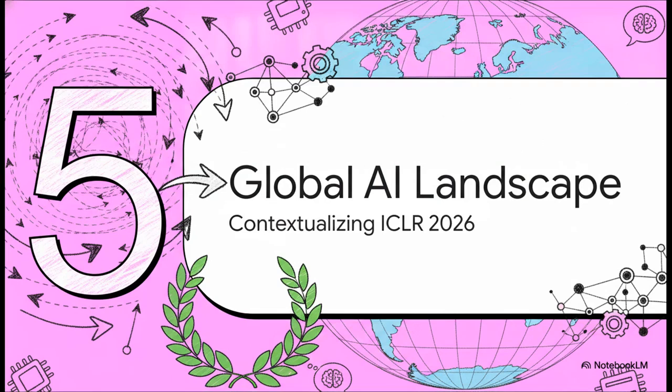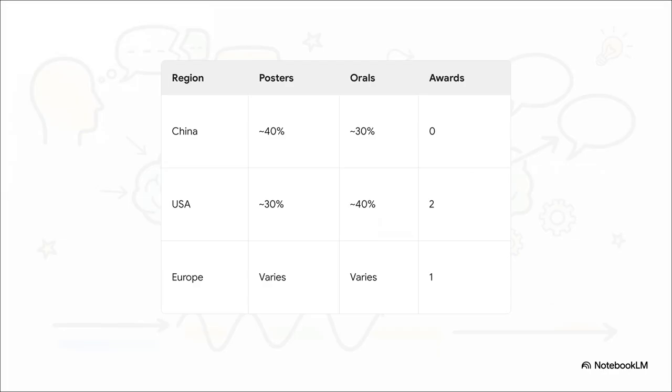Finally, Part 5, the global AI landscape, contextualizing these breakthroughs from ICLR 2026. Let's zoom out for a second because it is super important to see how these specific breakthroughs fit into the global picture. Both of these core papers were highlighted at the prestigious ICLR 2026 conference. And this table gives us a fascinating snapshot of how international scientific collaboration is playing out. Chinese institutions are putting out a massive volume of foundational research right now, making up about 40% of all poster presentations. Meanwhile, U.S. institutions are leading when it comes to the highly selective oral presentations, and they actually swept the Outstanding Paper Awards this year. It just goes to show how this is a truly global, complementary effort driving all this incredible progress.